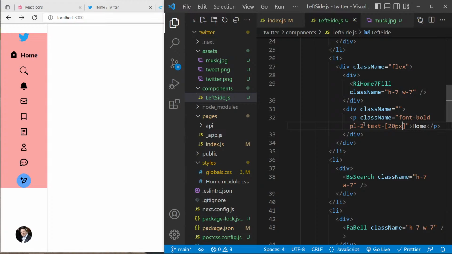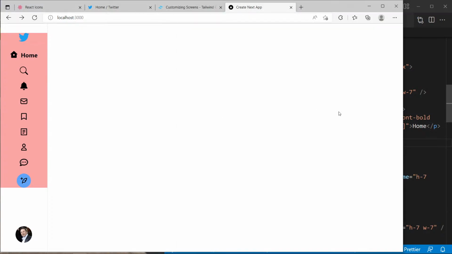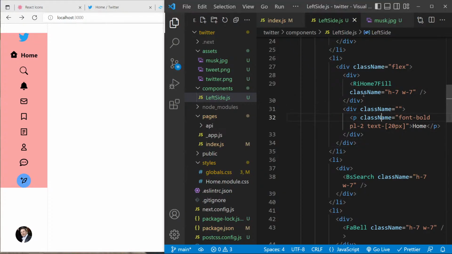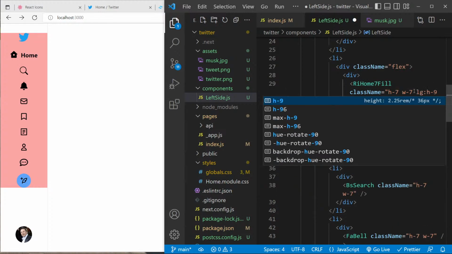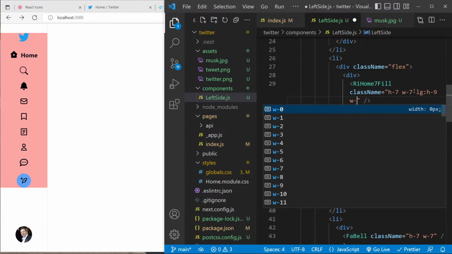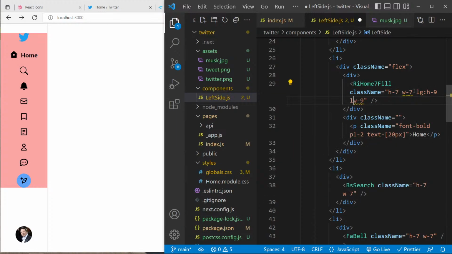Okay, so this looks good. Here on LG we want the height to be let's say 9 and the width to be 9 as well. So LG,